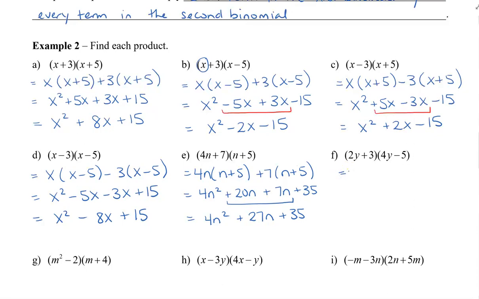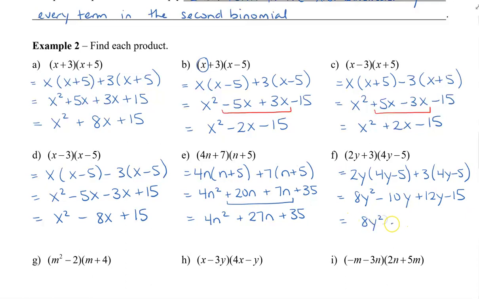All right, let's do another one of these for practice. So you can try this on your own first if you want, and pause the video, or you can also watch. So 2y from the first term times 4y minus 5, and then plus 3, and then 4y minus 5 again. So this gives us 8y squared minus 10y, and then 3 times 4 is 12y, and then minus 15. And that gives us 8y squared plus 2y,